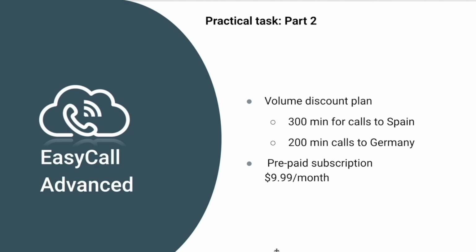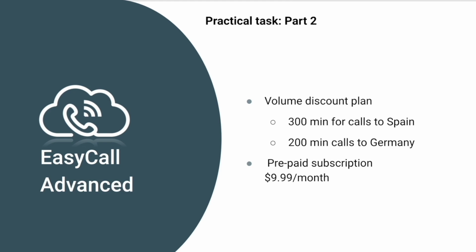In our previous chapter, we have created a volume discount plan with 2 quotas inside corresponding to our practical task. Now, all we need to do to finish this part of the practical task is to create a prepaid subscription for $9.99 a month. But first, before we create a subscription, let's talk about subscriptions in general and the different